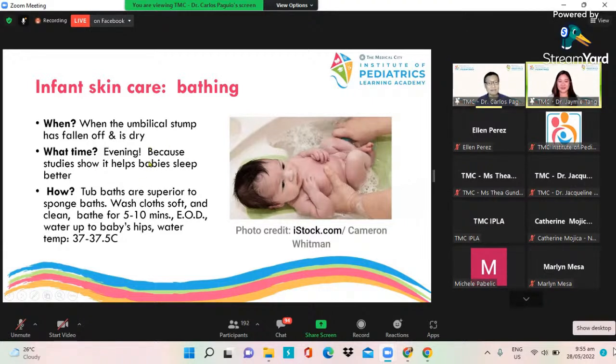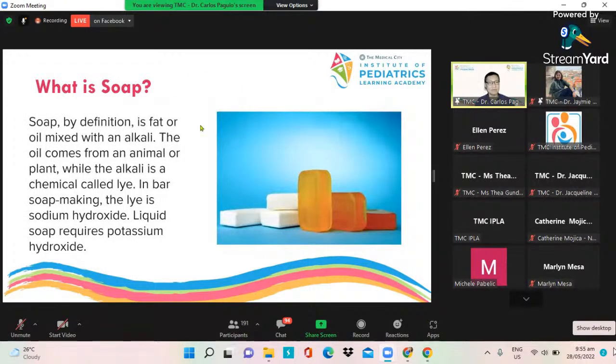Now, napansin nyo, meron kayo napansin dito, bubbles. Saan dito, Doc, yung soap? Doc, wala kasi sinabing soap dyan. Soap is a big subject here. It's quite an important subject. So let me deal with that a little bit. No? Okay. What is soap? Ano ba talaga ang sabon?